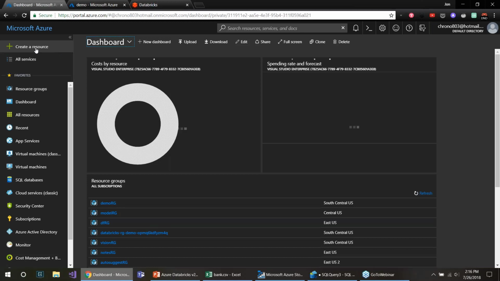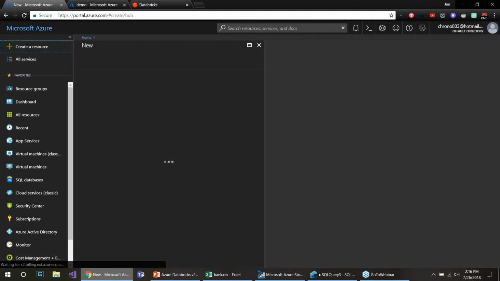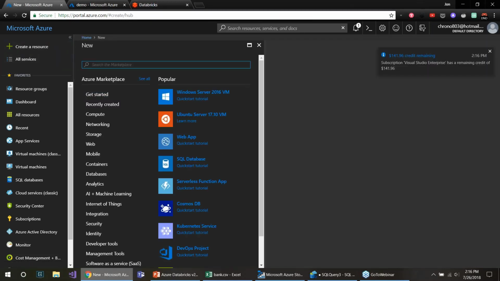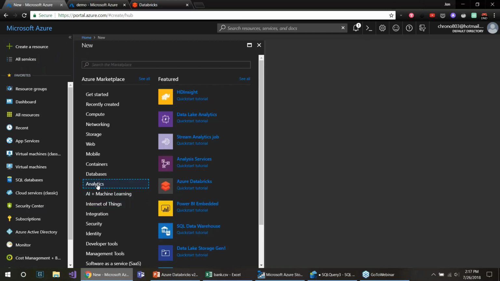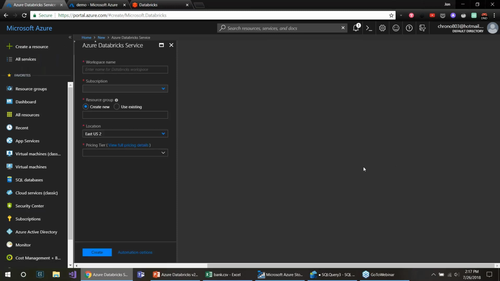So to create an instance here, we'll go to create a resource. And you can search for Azure Databricks up here, but you can also go to Analytics and Azure Databricks. The main thing you have to do is just create a workspace name. So give it a unique name here, and a resource group,